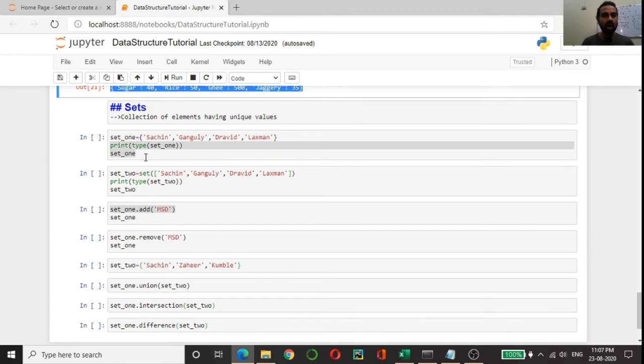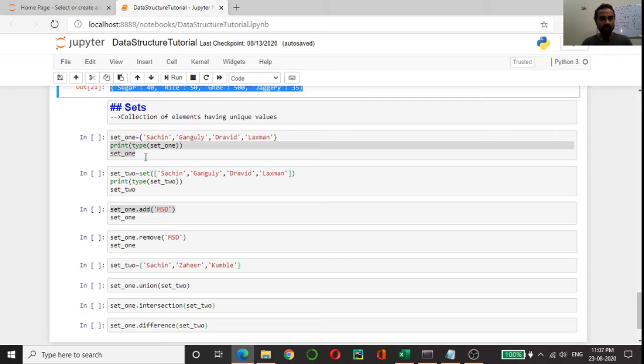Okay, so the last type of data structure in Python is the set. A set is a collection of elements, but the important point is that in a set we have only unique values. There cannot be any duplicates.